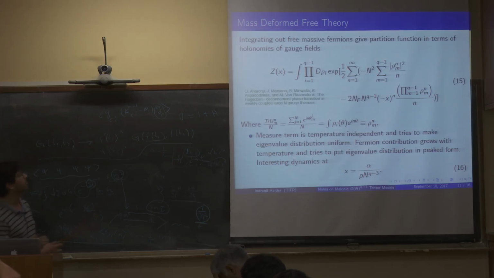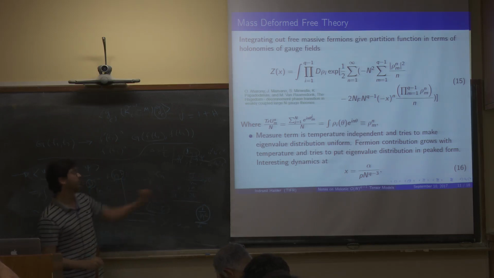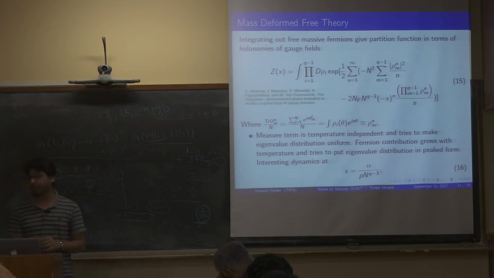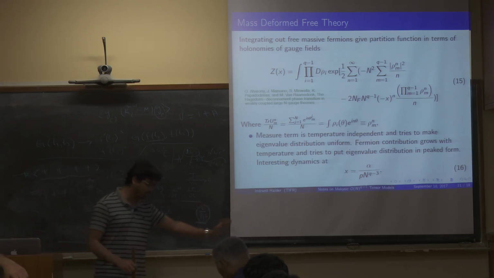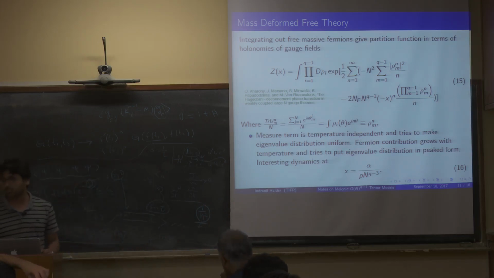Now we are mass deforming our theory. We are working in the limit where J by M is 0. Now we are going to talk about the free theory, a completely free theory. Our mass is there, so we have introduced mass in our theory, but we are talking about the free theory. Then you can integrate out these massive fermions with the holonomy. So we are putting the holonomy inside, and we are doing the path integral to calculate the partition function for the holonomies by integrating out the free fermions, and you end up getting some result like this, where